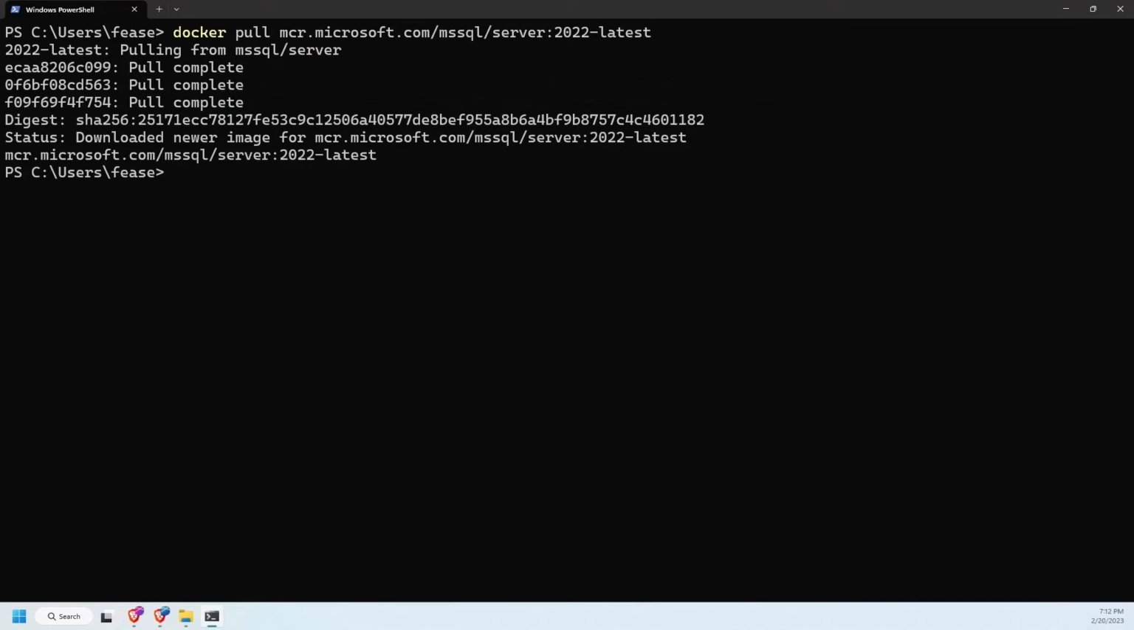We've got all of our images in place. We can see that I was able to get a later version of the packaged image for SQL Server 2022, and now I have that available to me locally. What that means is I'm going to be able to create a new Docker container using the Docker run command,